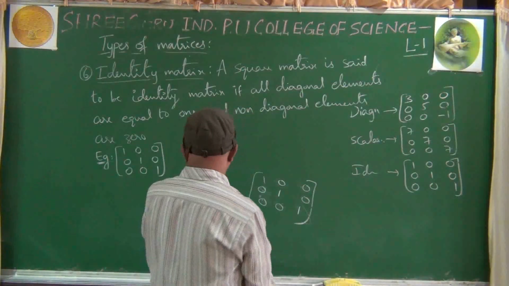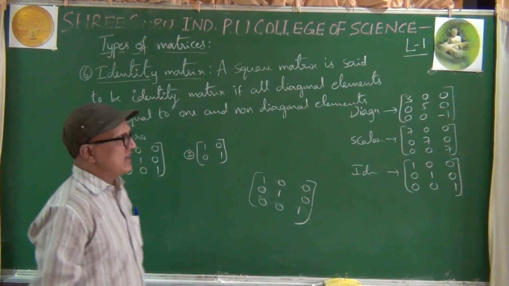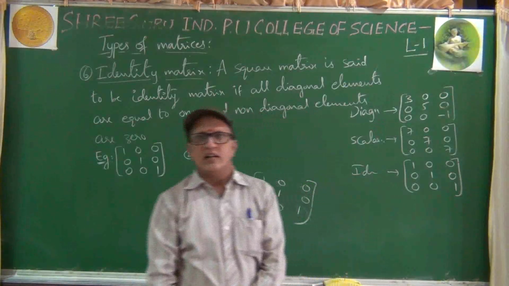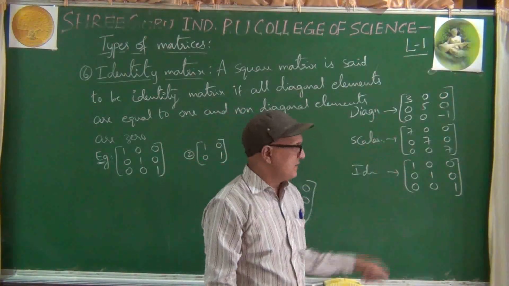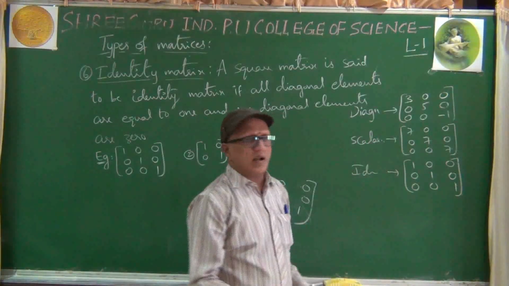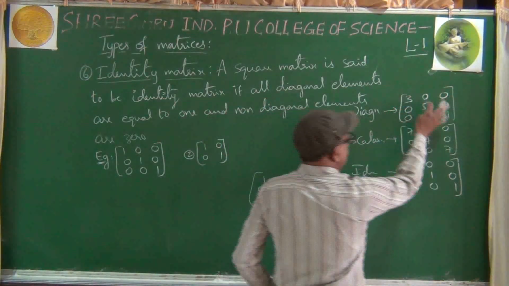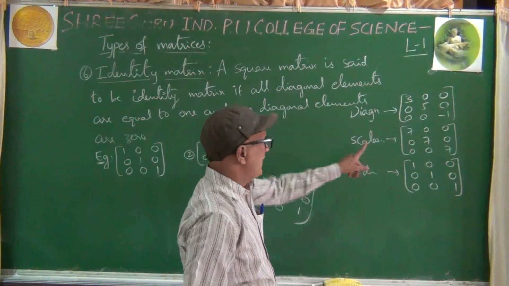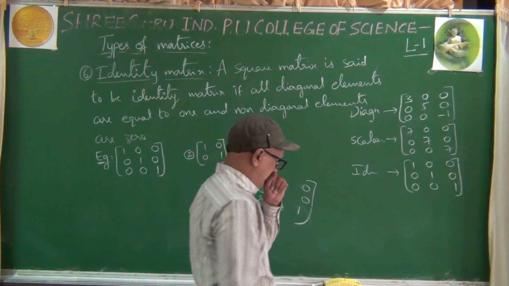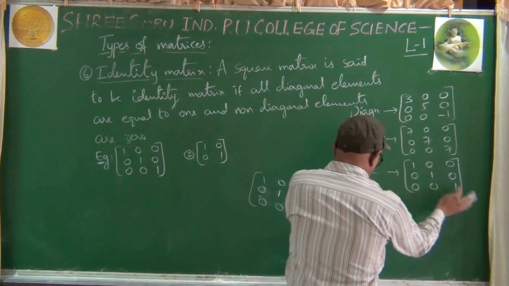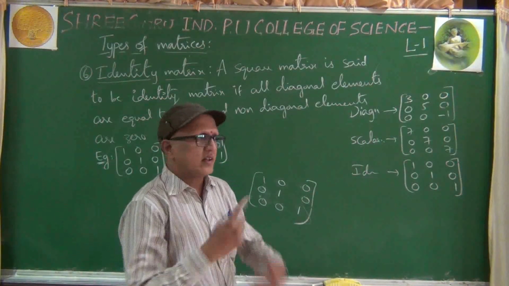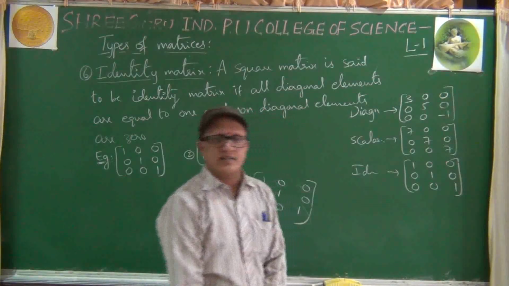Okay. These are the examples. If you observe these three things carefully, then you can learn the definitions easily. Comparison and revision is very important. Diagonal matrix means in these three places, some numbers will be there. Scalar matrix means these three same numbers should be there. Identity matrix means these three are the same, equal to 1. Okay, revise again and again and again, you will get it easily.